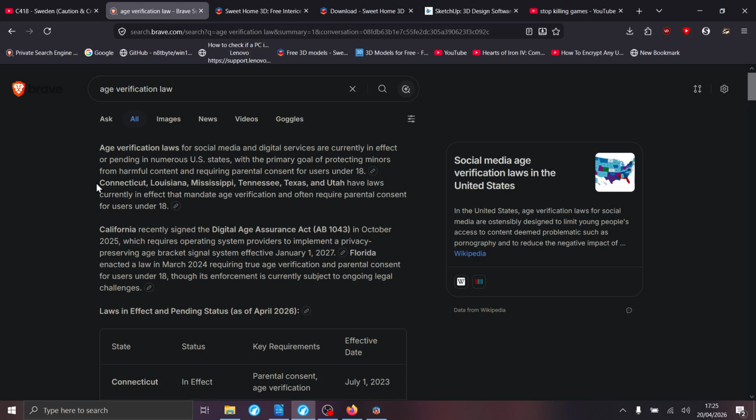Basically, an ID. They want the picture of it and your face to be scanned and the data saved on the government server. Well, why are they doing this? They claim it's to protect young people or the children.